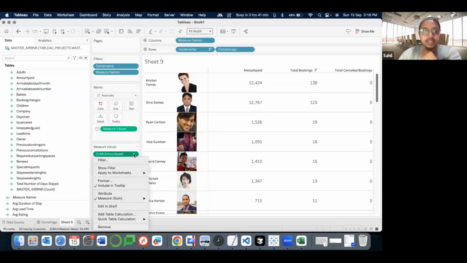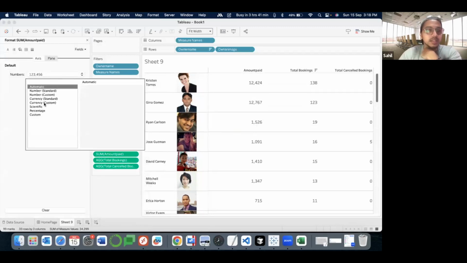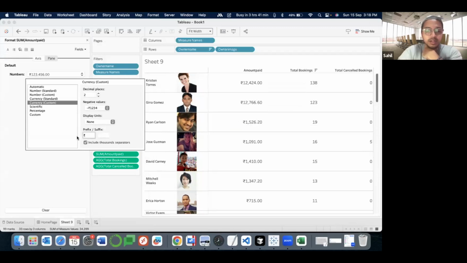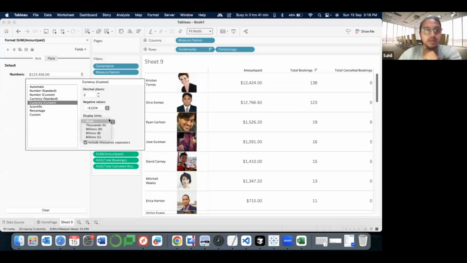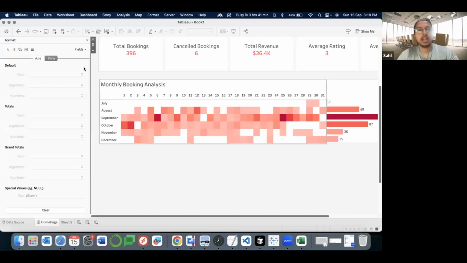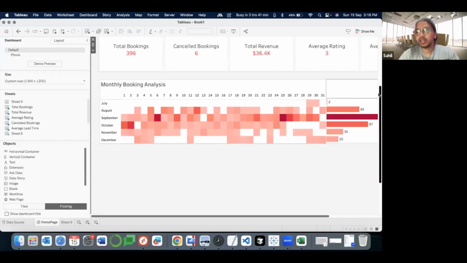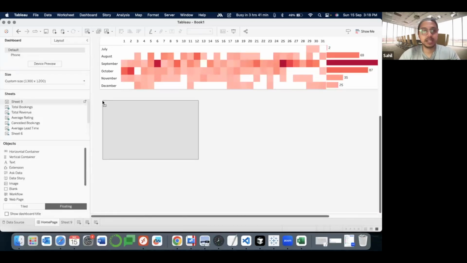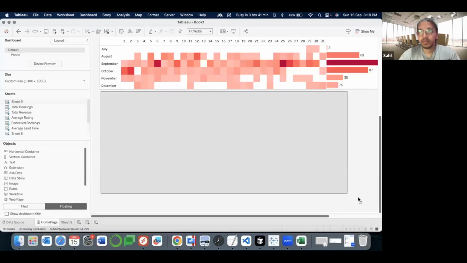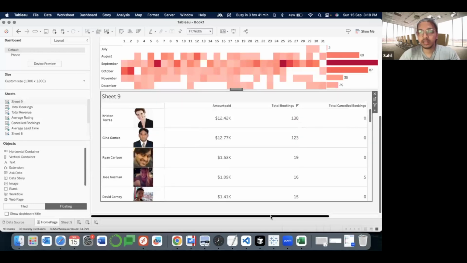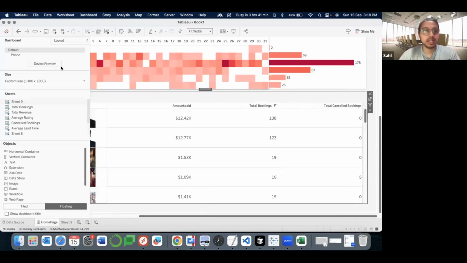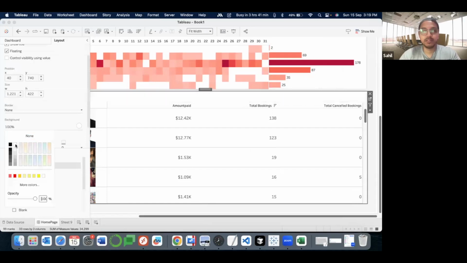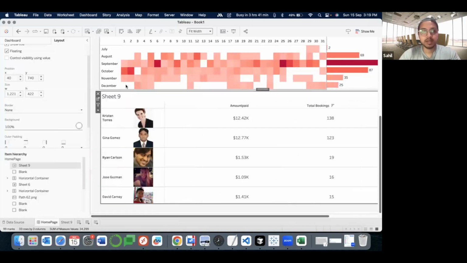And this we can make it as a currency. So format as currency, go to currency custom, make it dollars. And it looks decent. Maybe hide the decimals or make it K in here. Okay, I'll keep it here and I'll go here. I will drag the owner information on the screen. Make it like this. Make it as a background white, and maybe